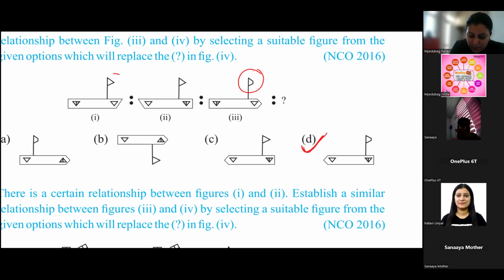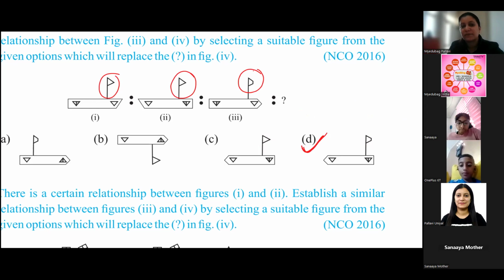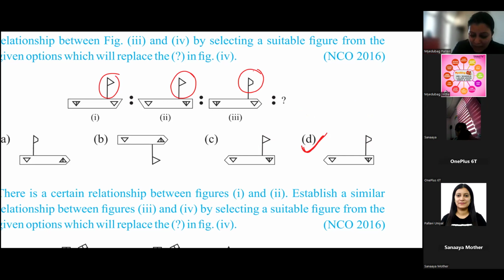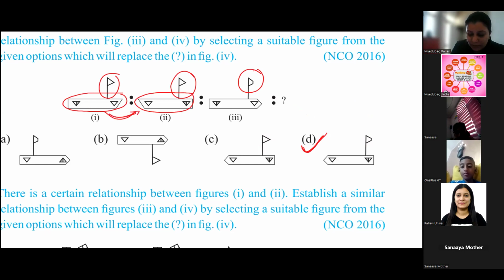The arrow is the same, the direction of the arrow is the same in both the figures. It is facing the east direction, and the base figure is changing its direction. We can say the base figures are mirror images. In the first one, the pointed side is east, and in the second figure it is west. So in the base figure over here, we will have the arrow pointing in the west direction,